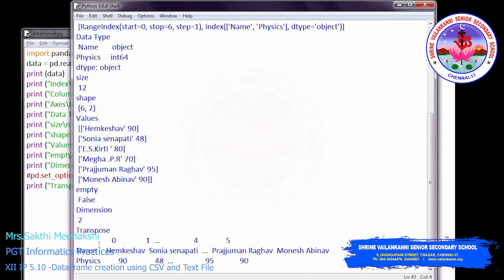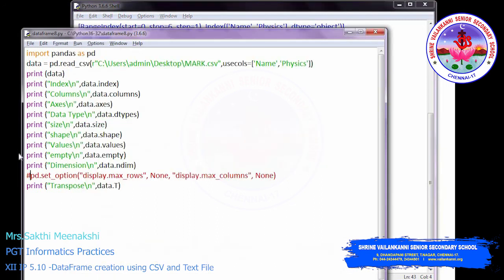Okay, so the whole data frame is not displayed because the console size does not fit to display all the records. That's why we have used set option here. Set option is another method, and we have to use display max rows as none and display max columns as none. If you specify none, the maximum rows and the maximum columns will be taken.